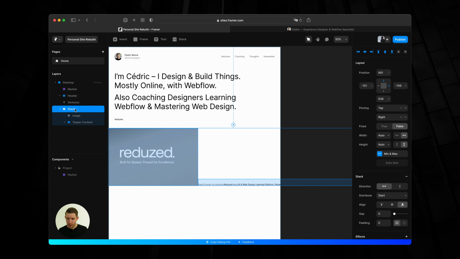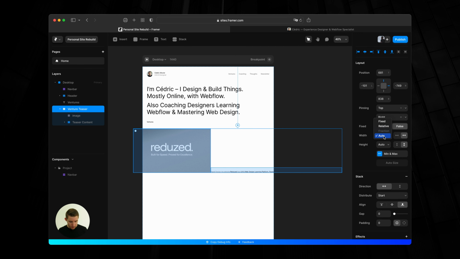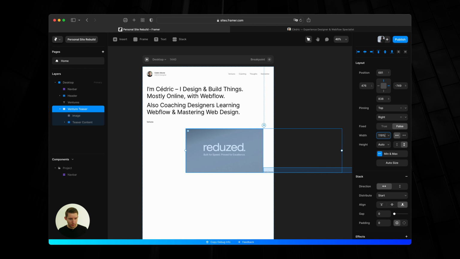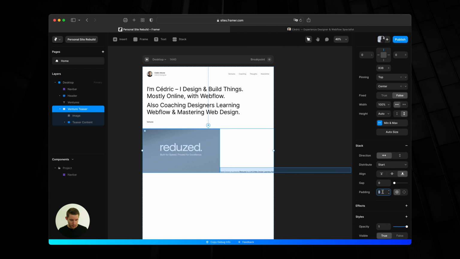So, and this stack is actually venture teaser and has a width of 100%. And also padding again of 48 and